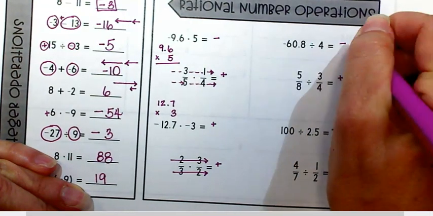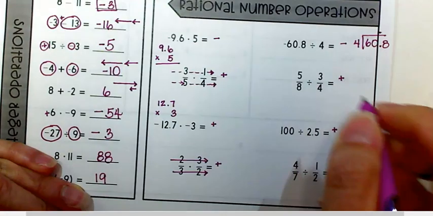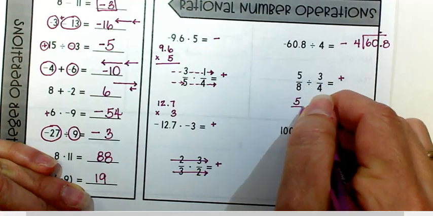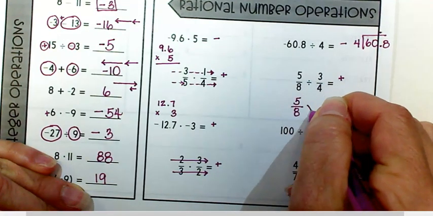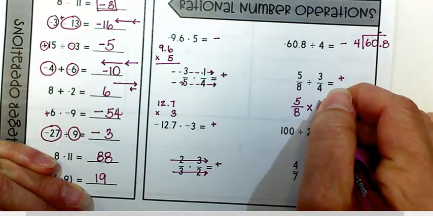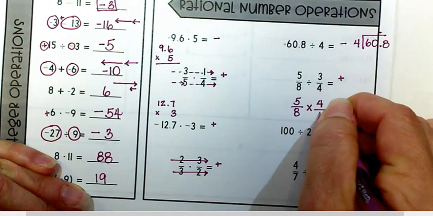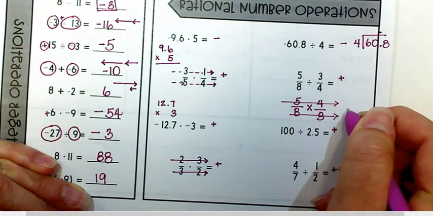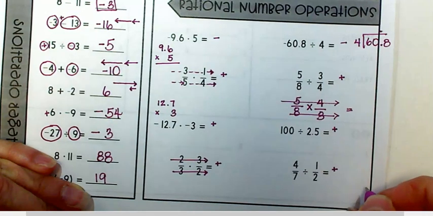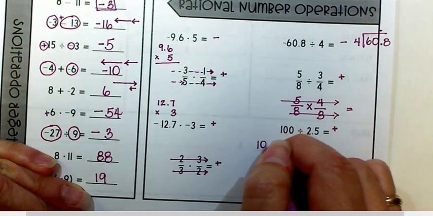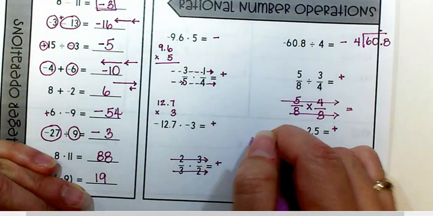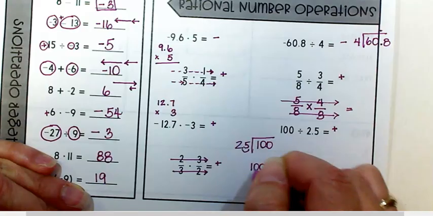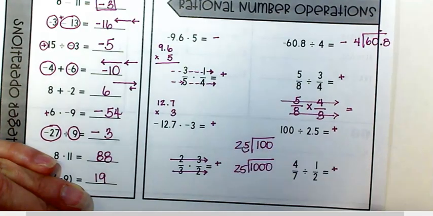Here, 60.8 divided by 4 and get your answer. Dividing by a fraction, remember, you're going to keep the first fraction. You're going to change the sign and flip the second fraction. And now you just multiply across to get your answer. Okay? 100 divided by 2.5. I can make that 1,000 divided by 25, and then